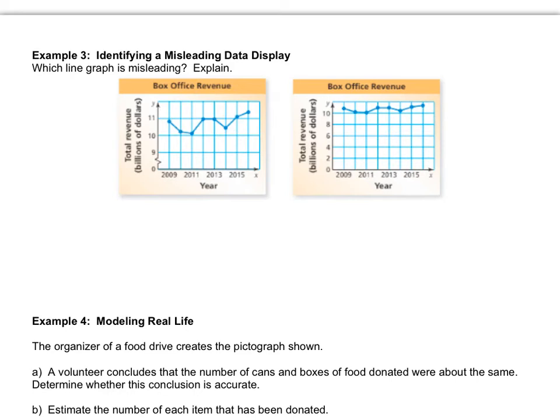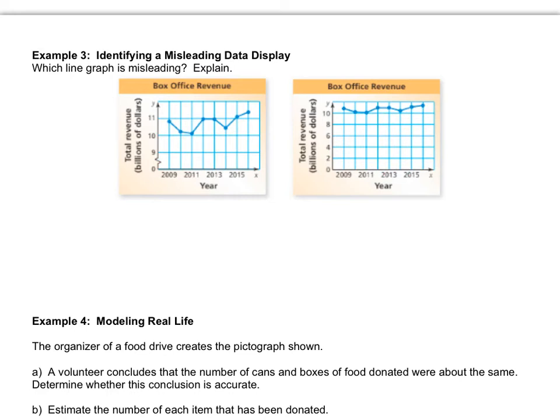If you look at the first graph, the vertical axis has a break. Now, a break isn't wrong. A break is used when there's no data in a certain range, right? So if you look at the second graph, there's no data down here. So they're not wrong to make a break. But what happens when you make a break is that it appears to be fluctuating more drastically than the other one. So while neither one of them is wrong,